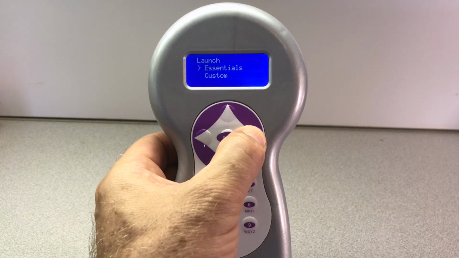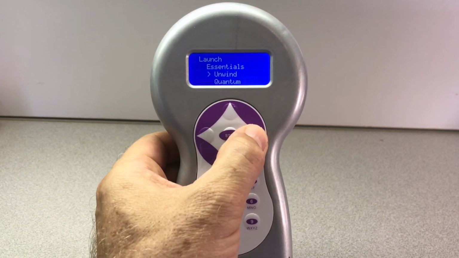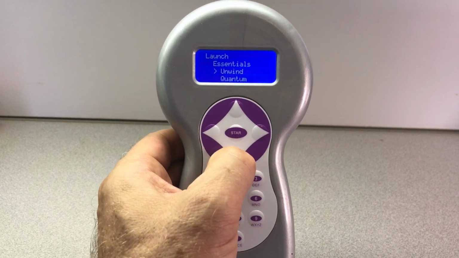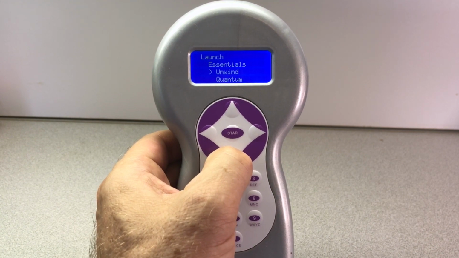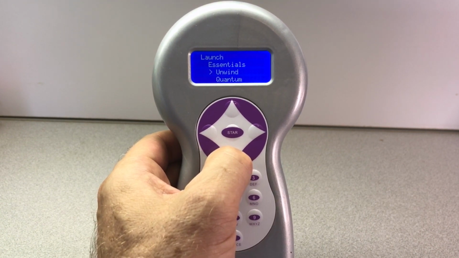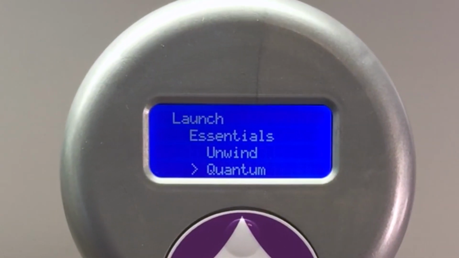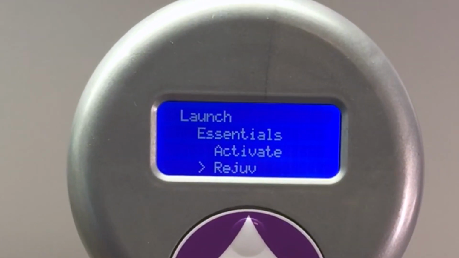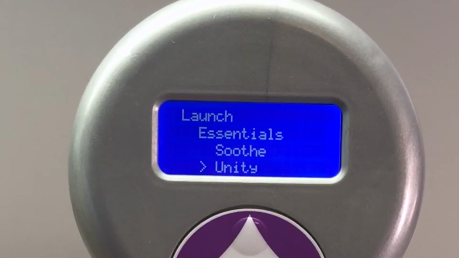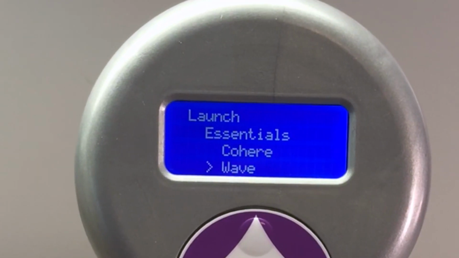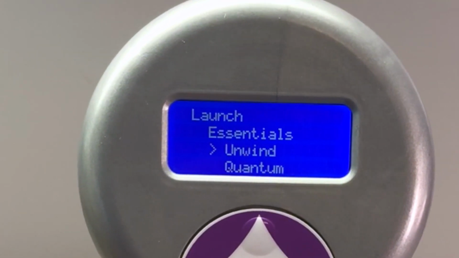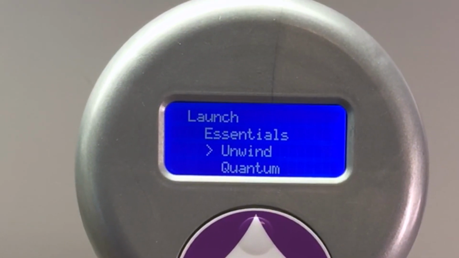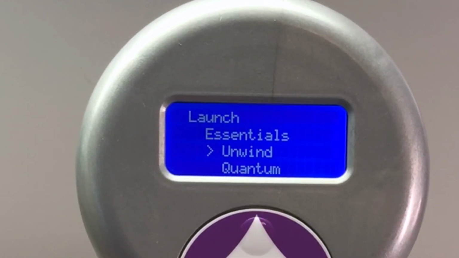Press Essentials, arrow once to the right, to enter into the Essentials bank, where you'll find 11 different frequency settings to choose from, beginning with the default Unwind setting. You can scroll down to Quantum, Relieve, Pleo, Activate, Rejuve, Soothe, Unity, Vital, Cohere, and Wave, and return to Unwind. So you can scroll up or down, as you'll notice that the cursor is in front of the Unwind default